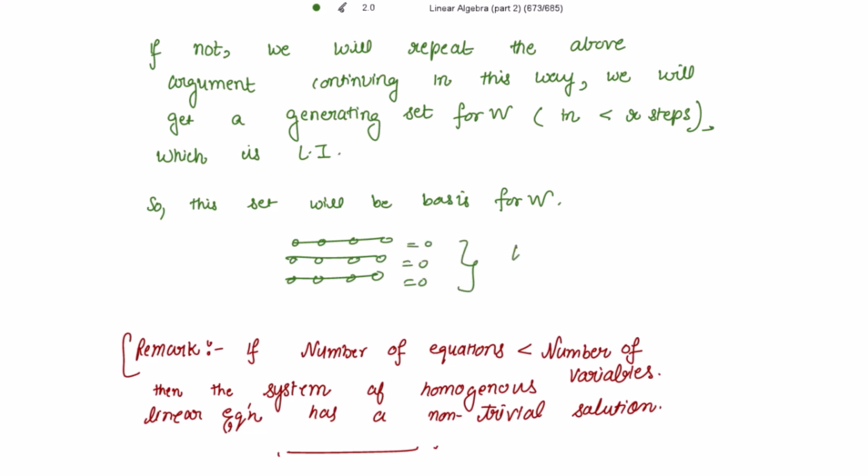In a set of homogeneous systems of equations, if the number of equations is 3 and the number of variables is 4, so the number of equations is less than the number of variables, then the system of homogeneous linear equations has a non-trivial solution. And non-trivial solution means determinant equal to 0 when you take the coefficient matrix. Okay, so let's